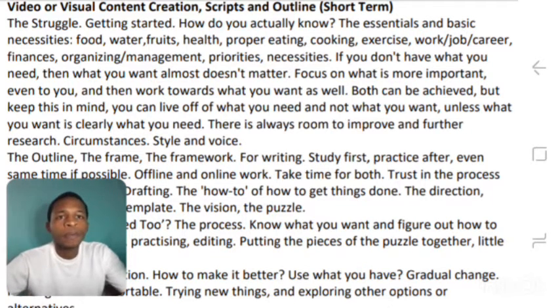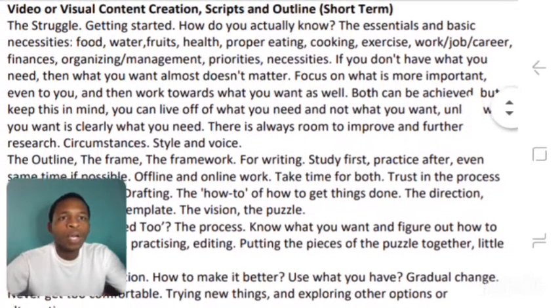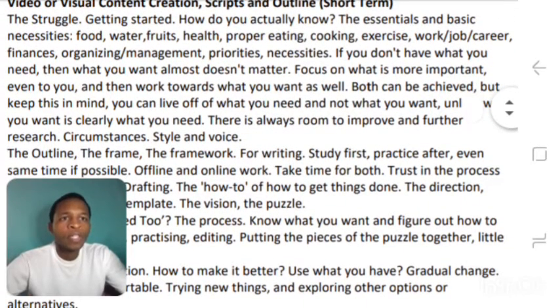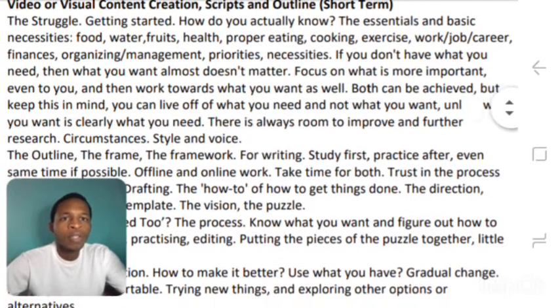The struggle of getting started. How do you actually know the essentials and basic necessities? Things such as food, water, fruit, health, proper eating, cooking, exercise, work, your job or career, finances.